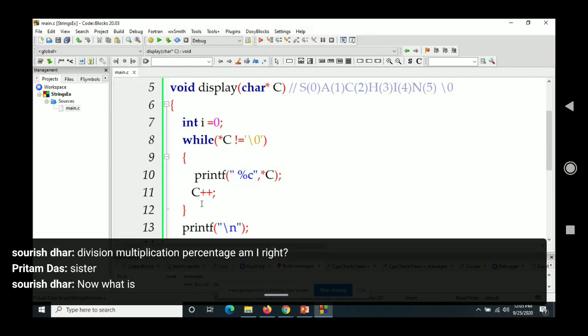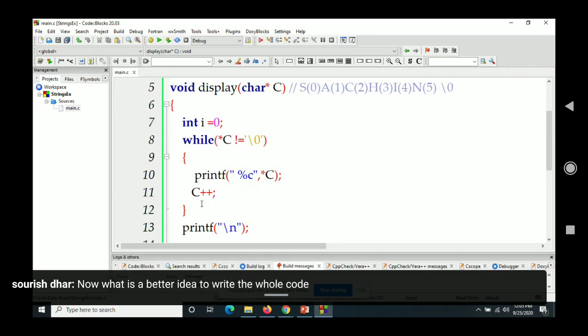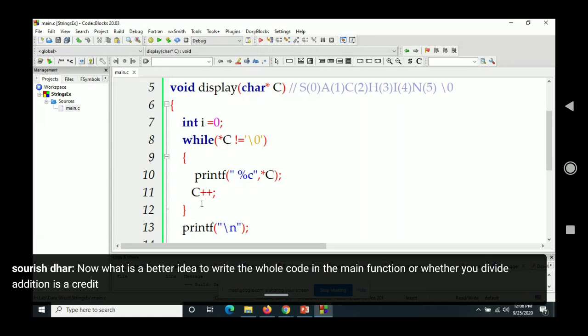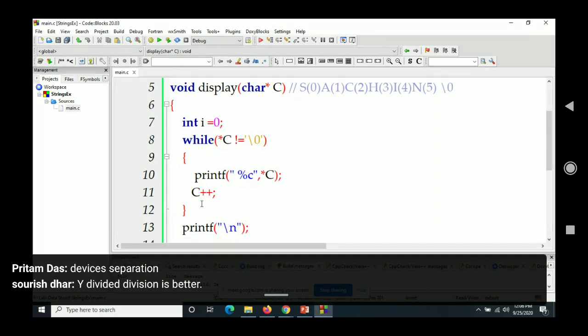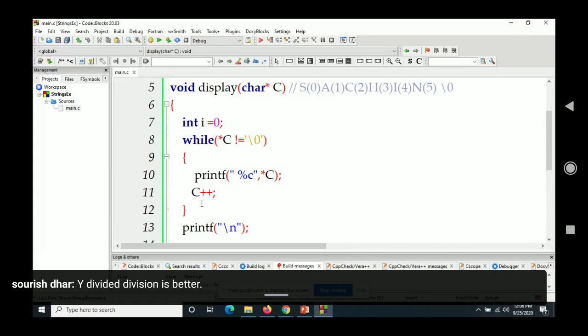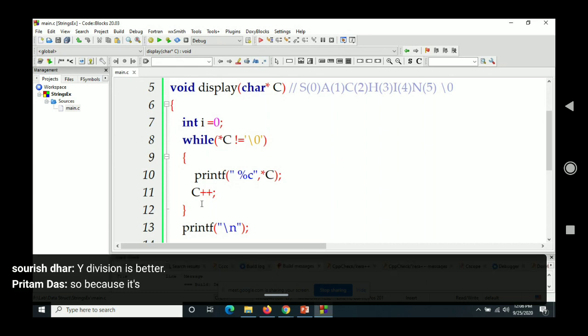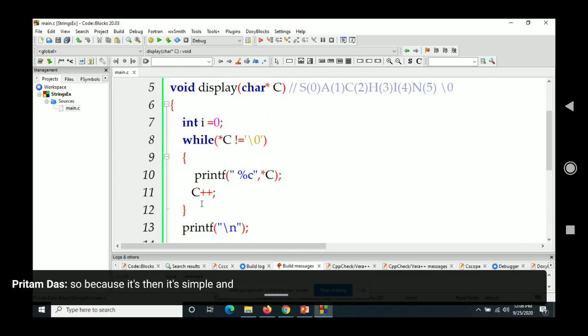To write the whole code in the main function, or whether you divide addition as a separate function, subtraction as a separate function? Which one is better? Divide separate. Why division is better? Sir, because it's simple and more clear.